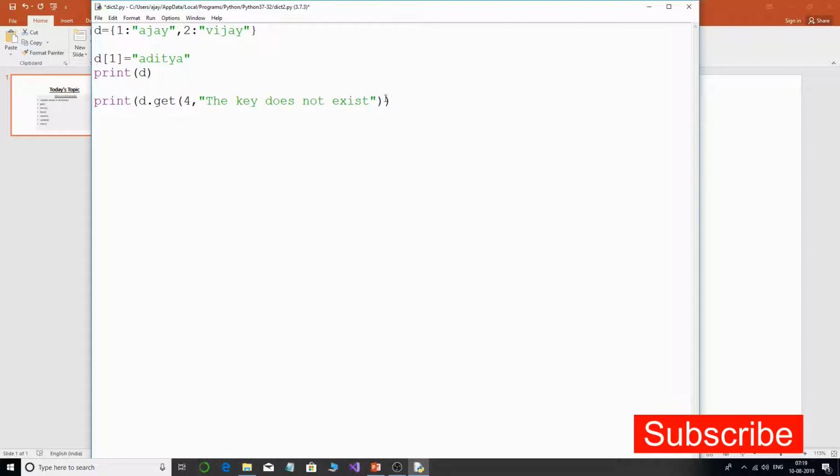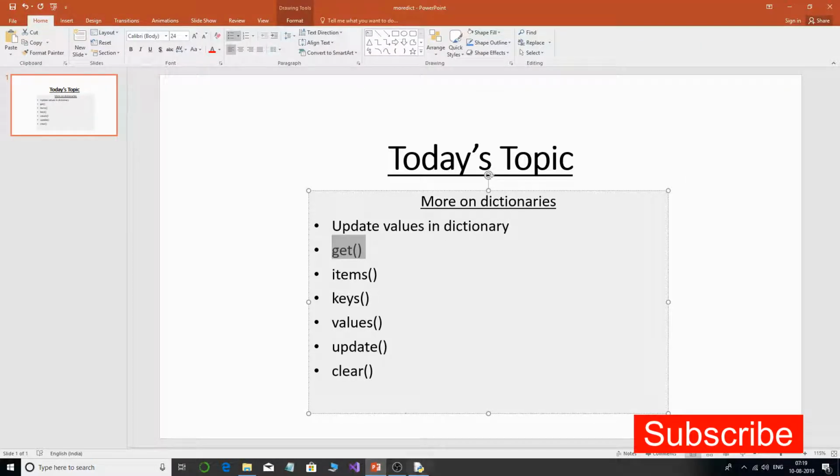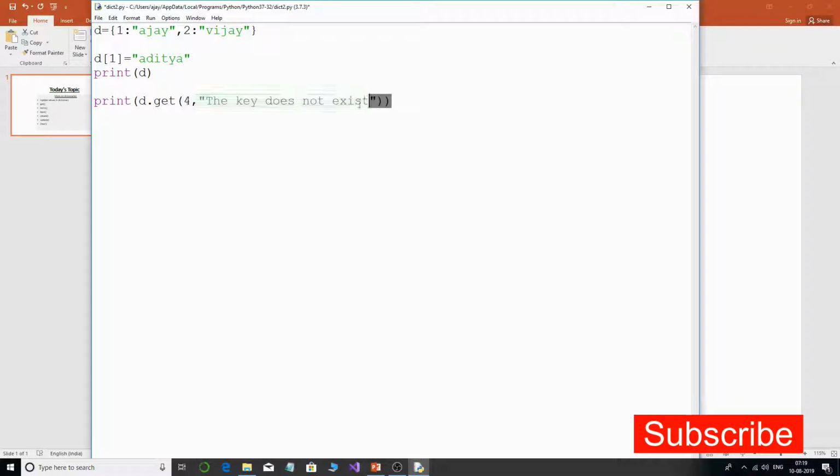Okay, and now the next method that we have is items. Items is something like, okay, I need to delete this, and I just need to have something like, if I say items is equal to d dot items. Now let's not get confused, this is a method and this is just a user defined variable, or I can just make this, if you're getting confused with this item, just item. Okay, so this will actually return a list which will have